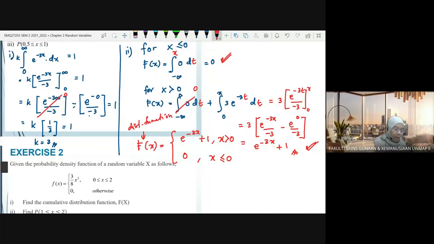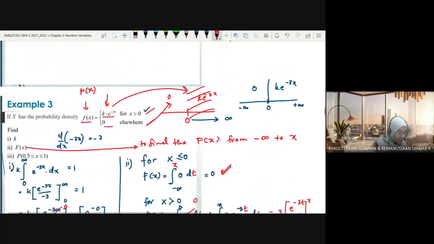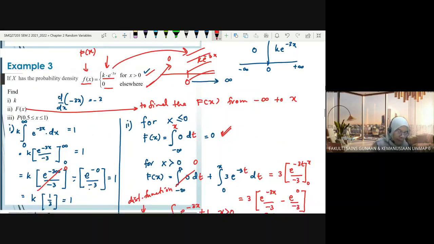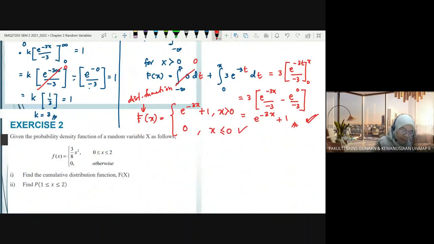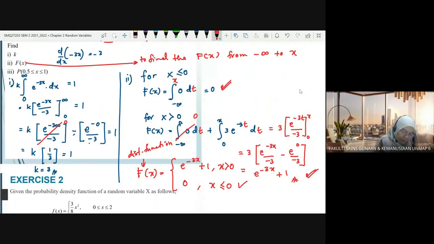Okay, now once you have got your distribution function, we can use it to find our probability value. Now you need to find the probability value for x greater than or equal to 0.5 but less than 1. So by using this particular answer, you can answer number 3. So that will be, let me change the pen color. So you are looking for P(x), sorry,